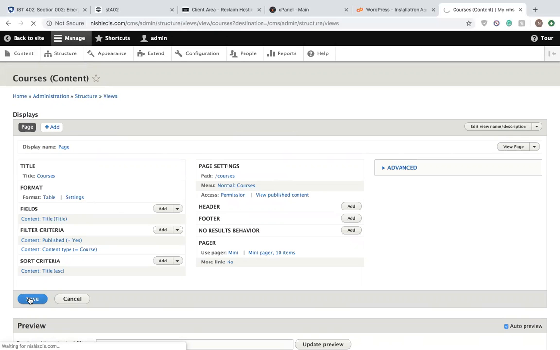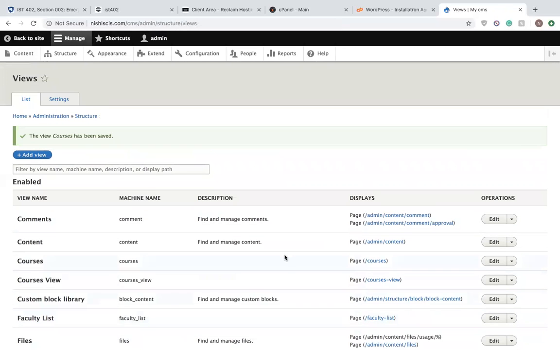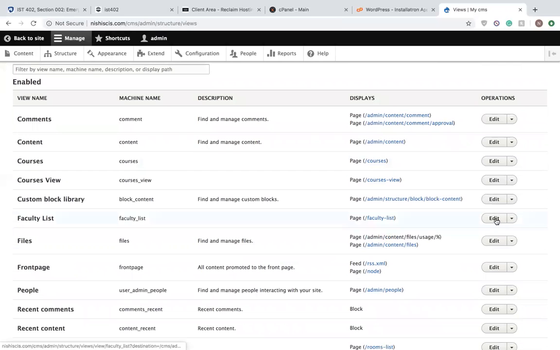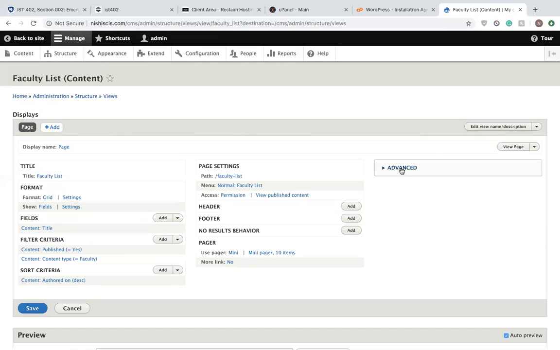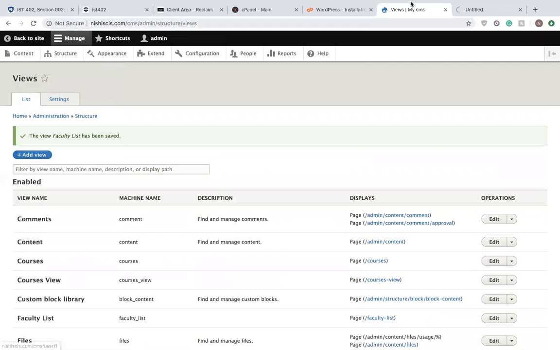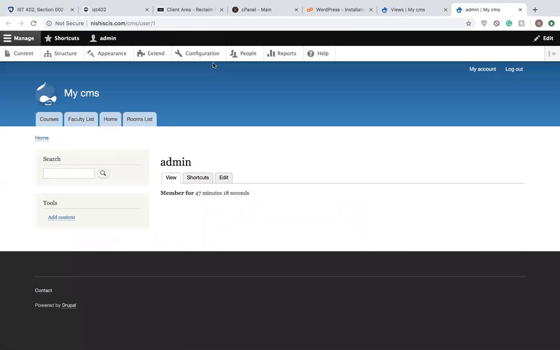If, for example, I go to the faculty list, I can even hit advanced and create relationships if I needed to. That again adds more specifications to the website. So after doing all of these things, I am able to go back to my website and show you all how it finally looks. What's the outcome of adding all these content types, the content, and creating a view to